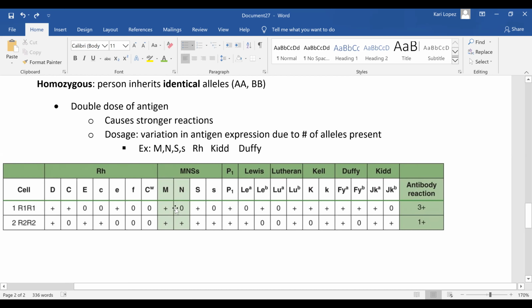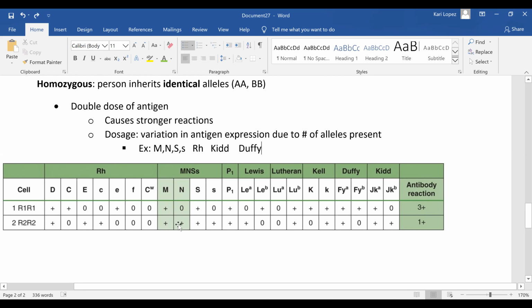So what that tells you is that's for M and that's for N. If this N is negative, that means that person has big M, big M. So they're phenotyping with the M, but that negative N shows that they inherited 2 big M's, or 2 M's, which makes a stronger reaction. So that's a 3+ reaction compared to being,